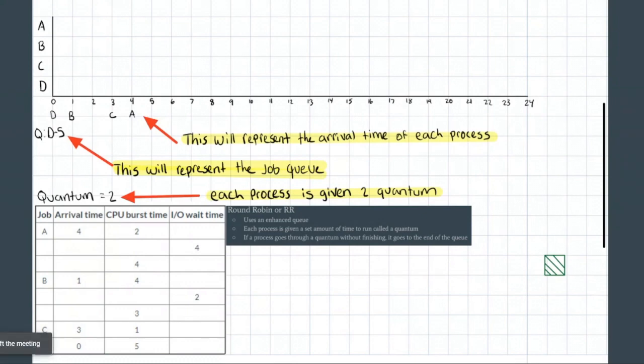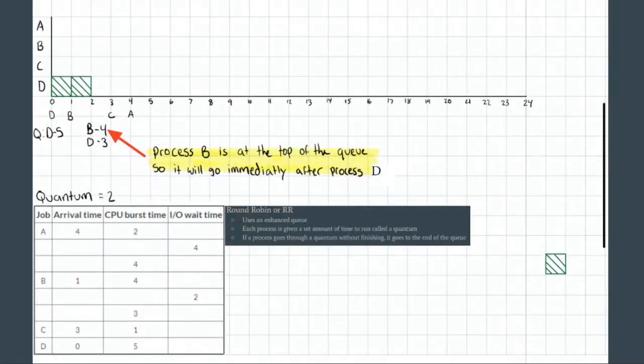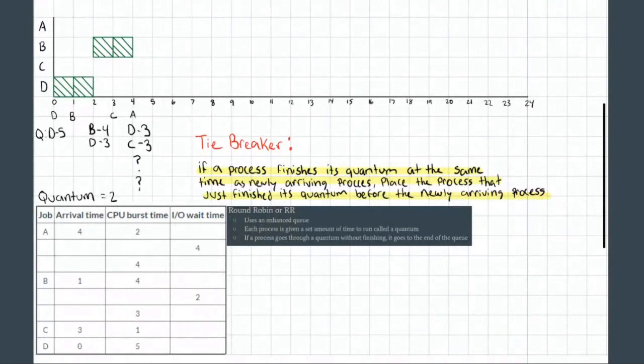Okay, so because our quantum is 2, D ran for a time of 2, and then it gets put back to the end of the queue. And now B is the next available process in the queue, so B will run for 2 times. And once B finished, we can see